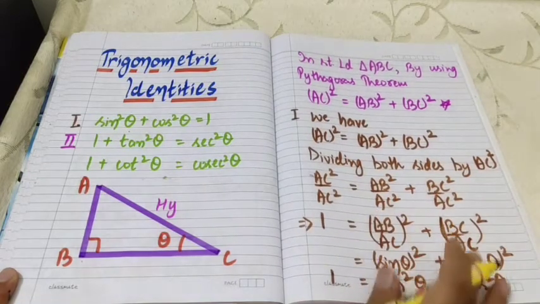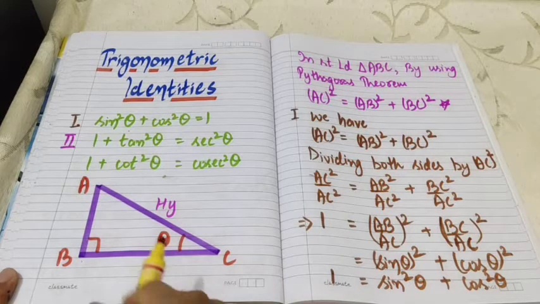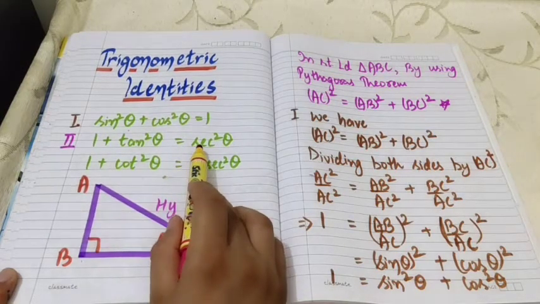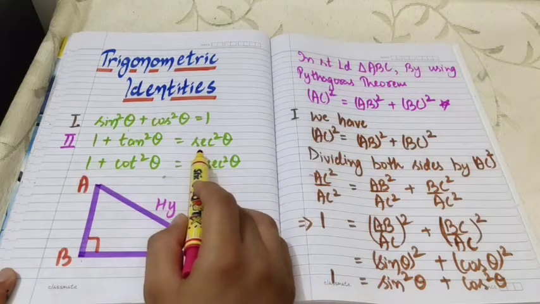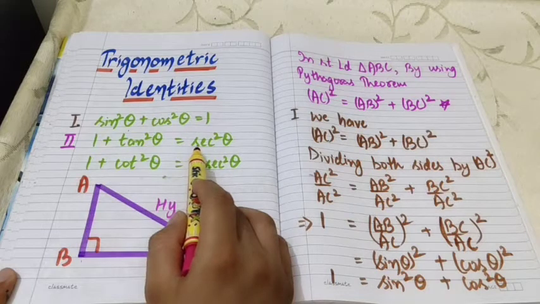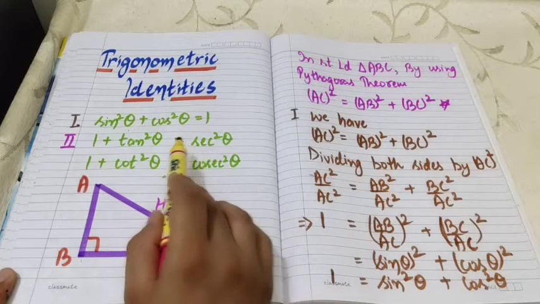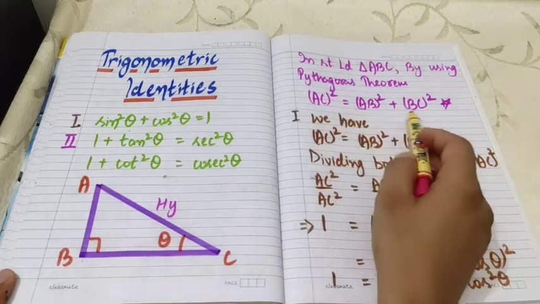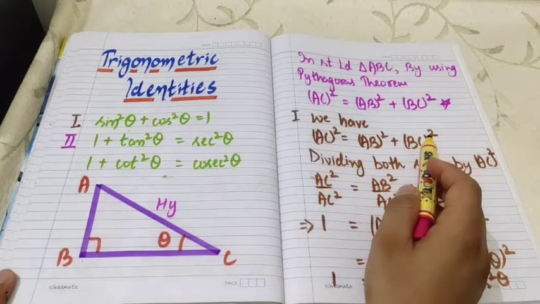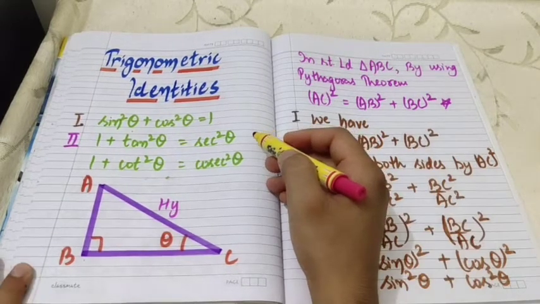Then after, since in the second identity we have two terms on the left hand side and one term on the right hand side, the side in which we have the single term has secant square theta. So if we relate this identity with the relation that we have from the Pythagoras theorem, we may arrive at the result that